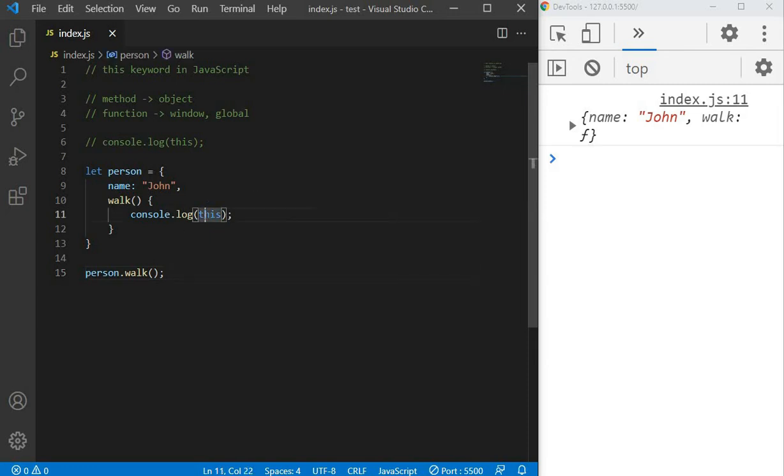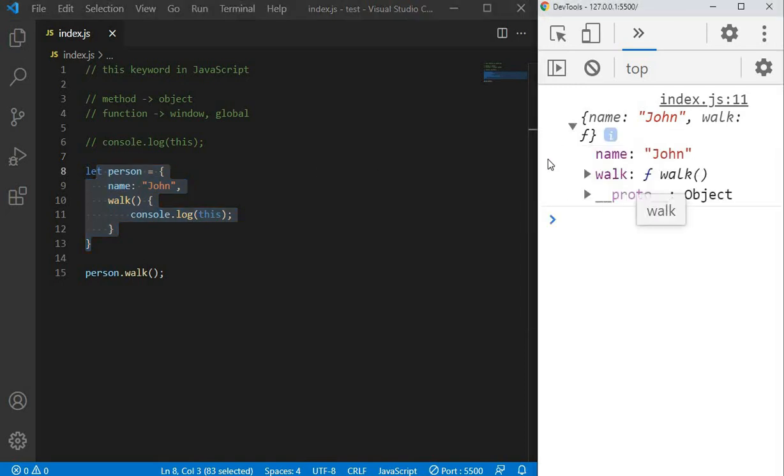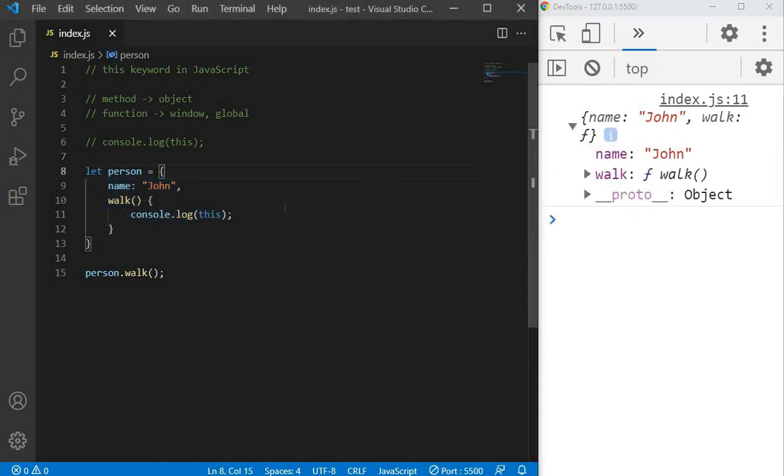Can you see the person object here in the console, right? So if we use this keyword inside of a method, inside an object, it gives us a reference to that owner object.